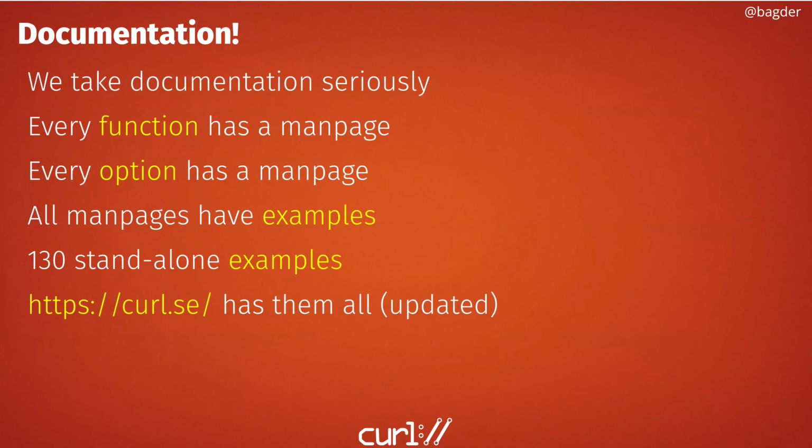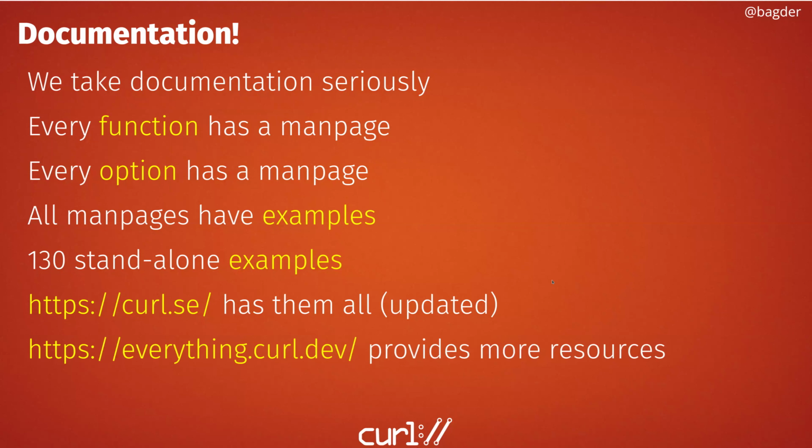And there you can always find the latest updates on all this documentation, because of course we find errors, we add things, we clarify things, but the most updated versions are always available on the website, as well as in the tarballs and everything, right? And they are also available as man pages in most. So if you install it on a Linux distro, for example, you may install the man pages locally on your machine as well. We also have this book called Everything Curl on everything.curl.dev,